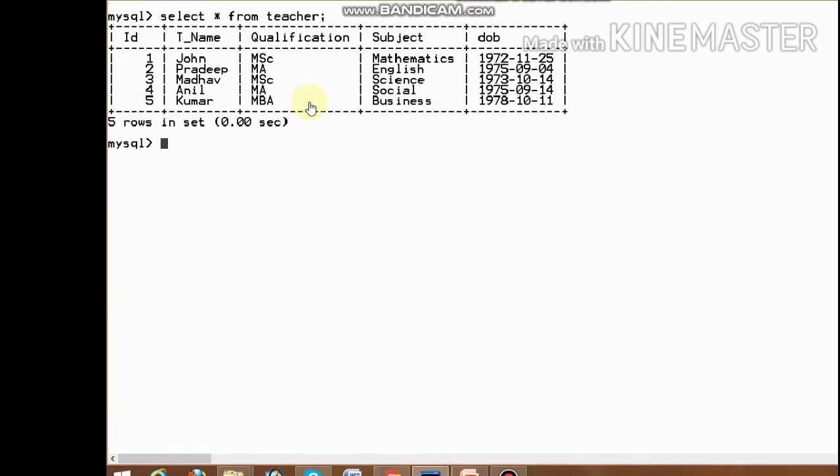Now select asterisk from teacher. Here it displays all the fields, and see John's qualification is MSc, and Madhav's qualification is also MSc and subject is science. Now we edit it, or correct John's qualification to MPhil. Update teacher set qualification equal to MPhil where T name equal to John.